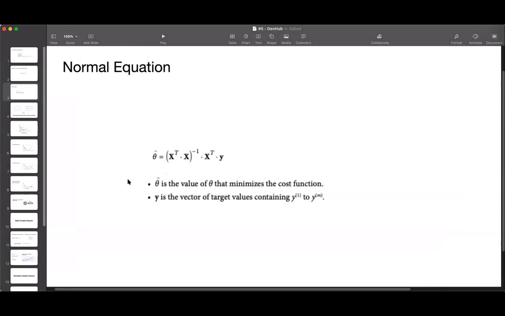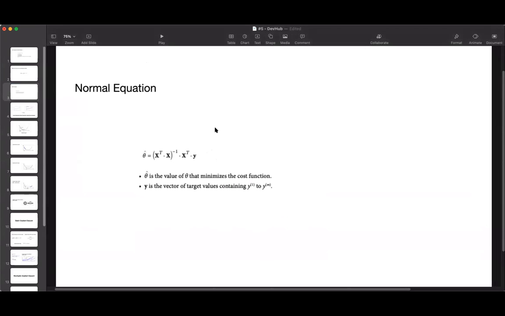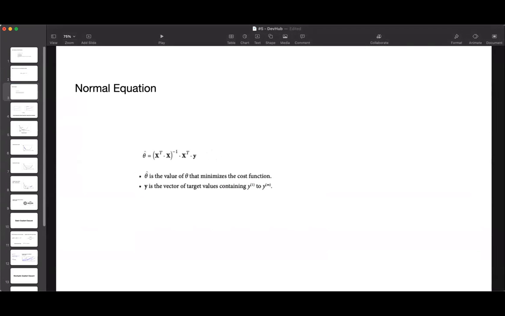So here the y vector is the vector of the target values, meaning the classes actually. Say for example, you are classifying something, say an object is a toy, something is a horse, something is a cat, something is a cow. So all of these things you are actually classifying. Say you are building an image classifier. So these cow, hat, toy, horse, all these things are actually the y values. The vector of the target values, you can say, is actually the list of those classes into which you have to segregate the data the model is given.